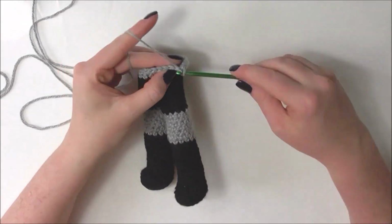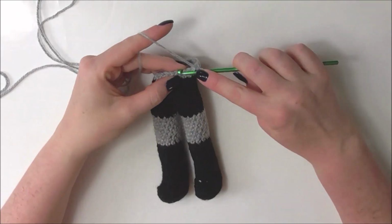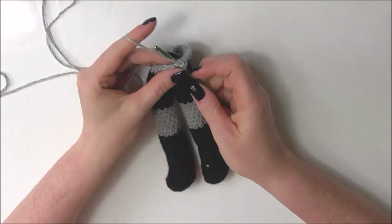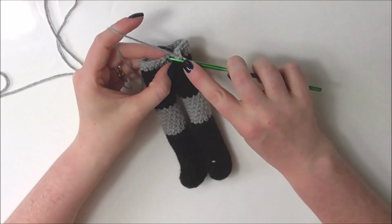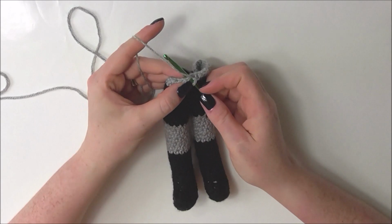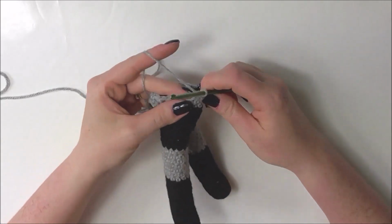then single crochet 7, 8, 9 and 10, then we can increase in the next stitch for 11 and 12, then single crochet 13, 14, 15, 16 and increase in the next stitch for 17 and 18,